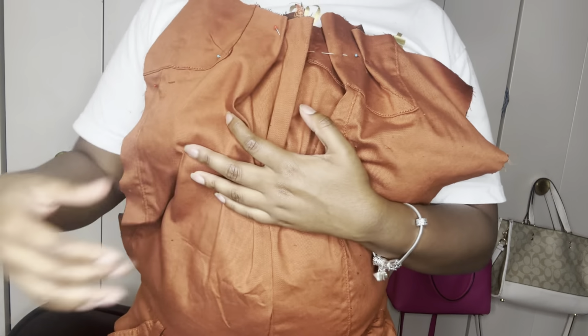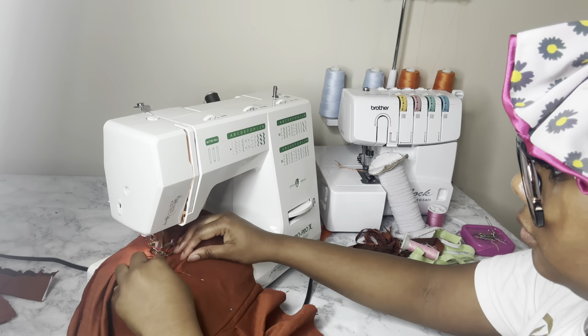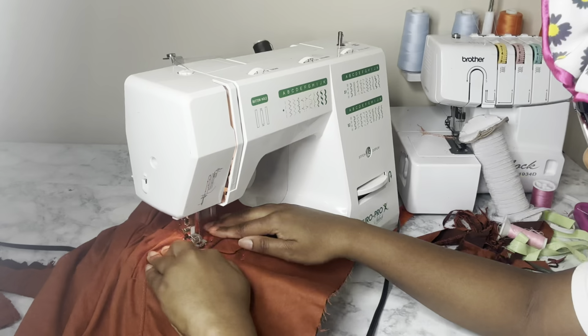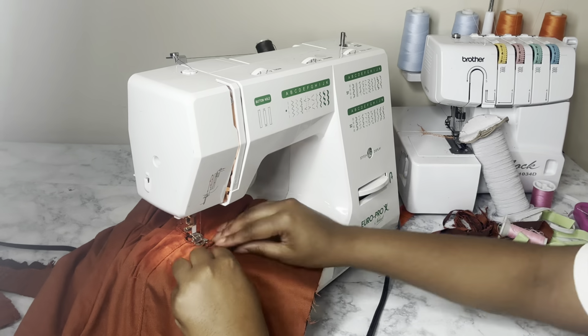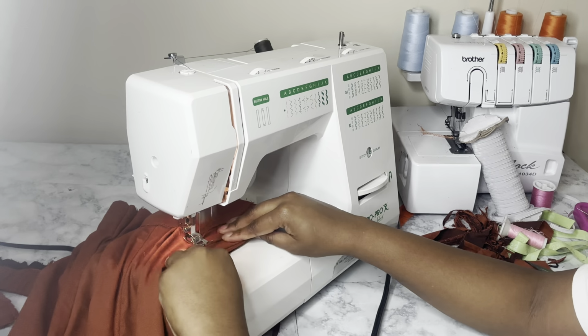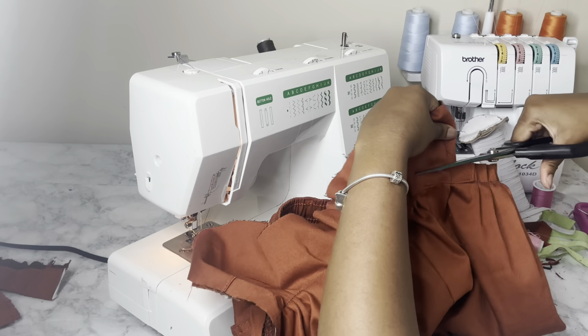Now me, for this portion, I'm going to put straps on the back, but I decided to pleat the top just to give it a little bit of something. So here I am, literally pleating the top, folding it over nice and right, not too much, but just enough. And now I'm just going to cut the